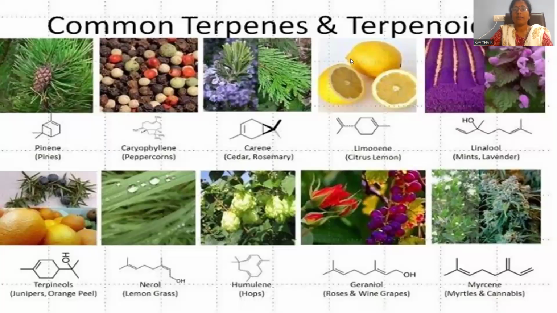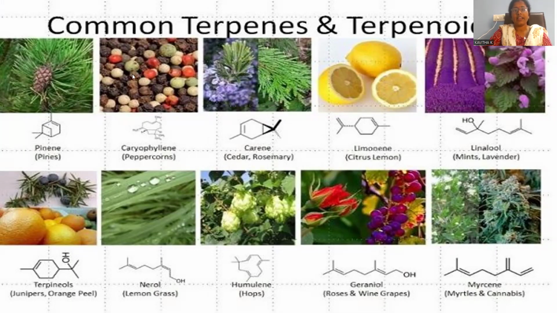Here, common terpenes and terpenoids. Here are a few examples which are regarded as terpenes and also called terpenoids. Here, see pinene, which is extracted from the pine tree. So most probably whatever we have as turpentine and pine oil, all these are coming from this pinene only. Then another is